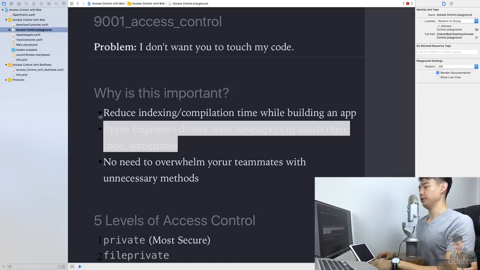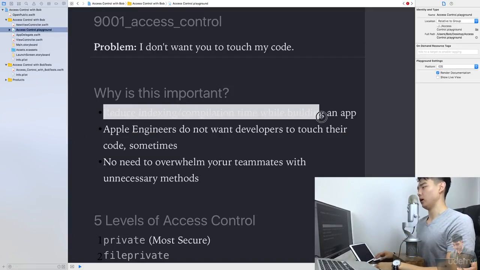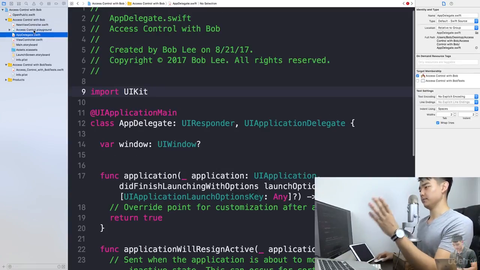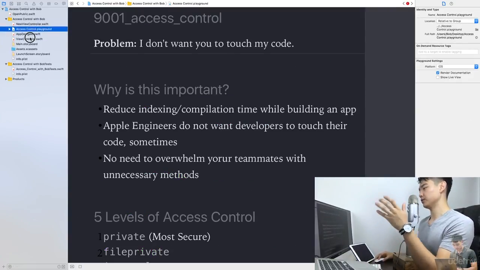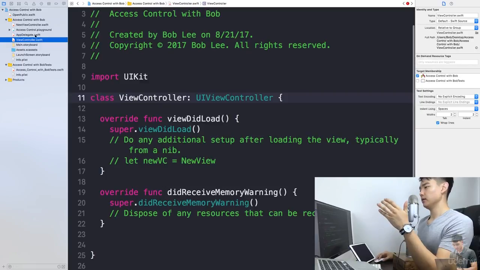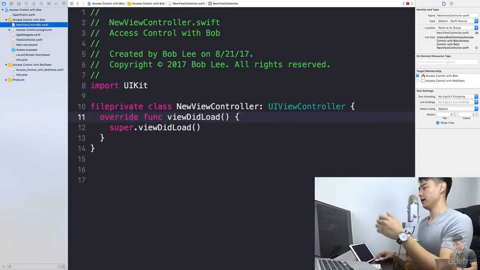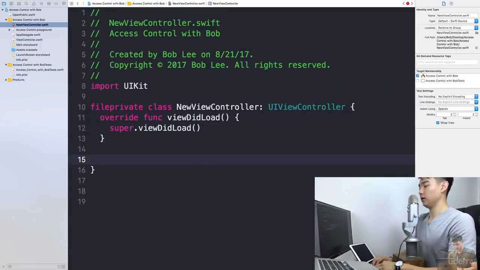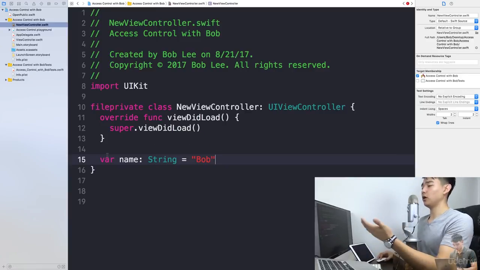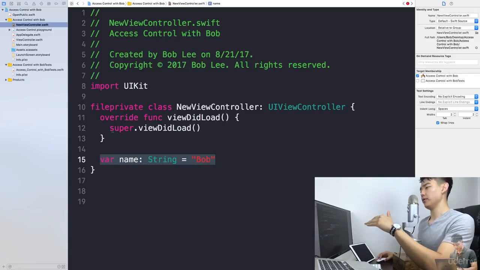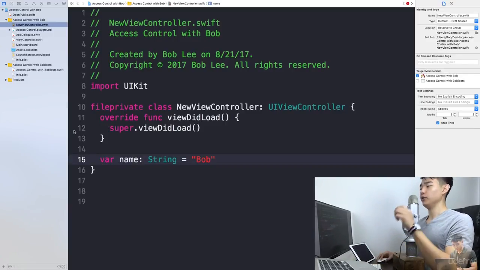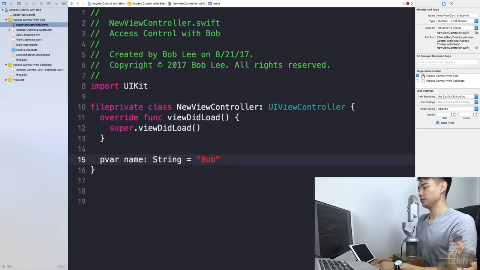And lastly, let's talk about reduced indexing and compilation time while building an app. Here's why it's important that you define access control for pretty much every single variable. Let's say you have a view controller, and then you have a property, let's call it var name. If you just simply call it var name, when you compile, every single file is trying to see whether the name exists or not. But when you call it private now,